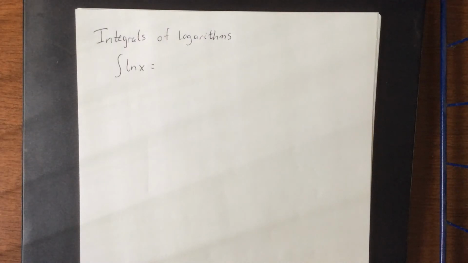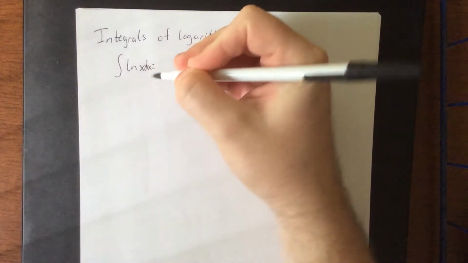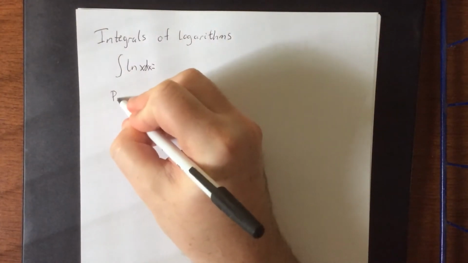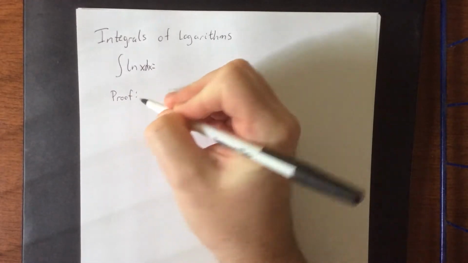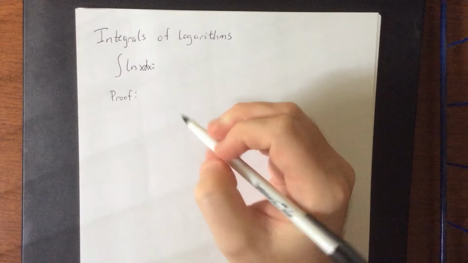In addition to knowing what integrals are going to result in logarithms, it's also going to be important to know what the integral of a logarithm is. Now, before I tell you what this formula is, I want to go over the proof of what this is really quickly. Now, we know that integrals are linked very closely to derivatives, and so what I'd like to do